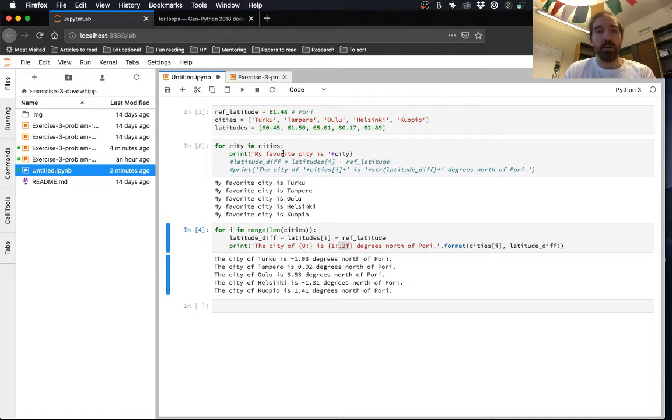It's not as easy at this point then to say what the latitude is for these different cities, because if you wanted to do that after deciding to loop directly over this list of cities, you're going to have to do something kind of clumsy, like in here figure out where the city is that you've printed in the list of cities, find its index, and then use that to print out the latitude. It's kind of a clumsy way to do it, so it's easier to just simply use the range function. Let me read the question here once again to make sure that I've covered that.